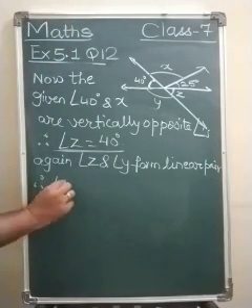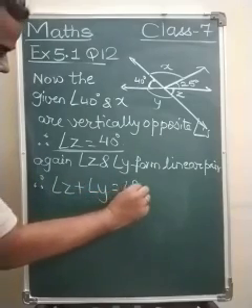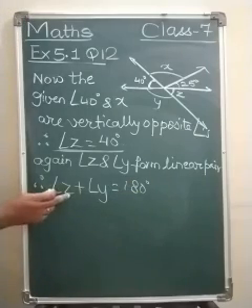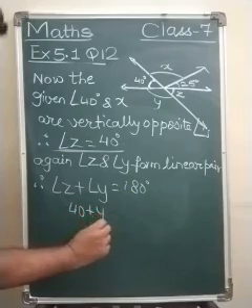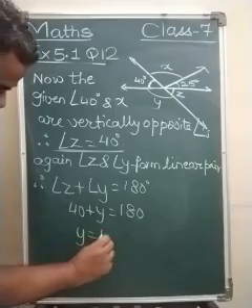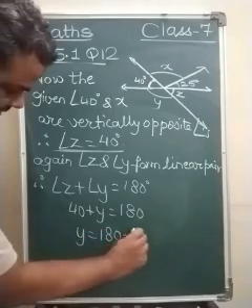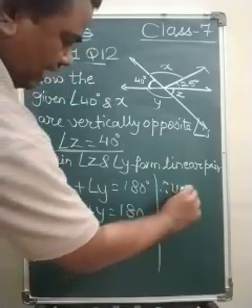Therefore, angle Z plus angle Y equals 180 degree. What is the value of angle Z? 40 degree. So 40 plus Y equals 180. Y equals 180 minus 40. Therefore, Y equals